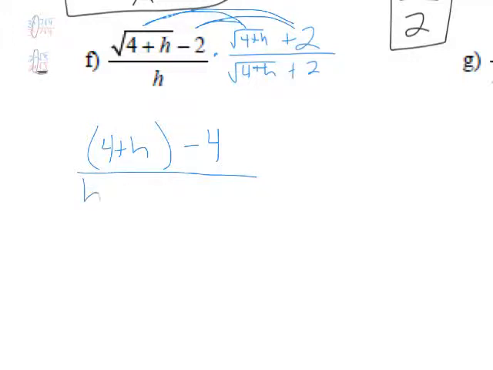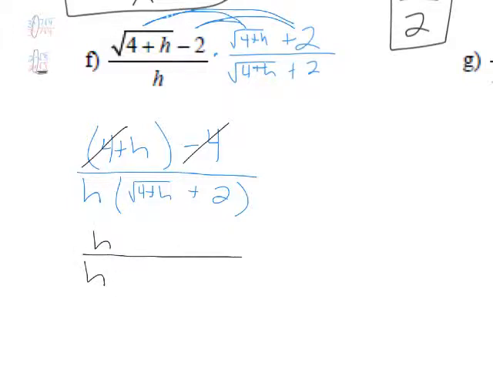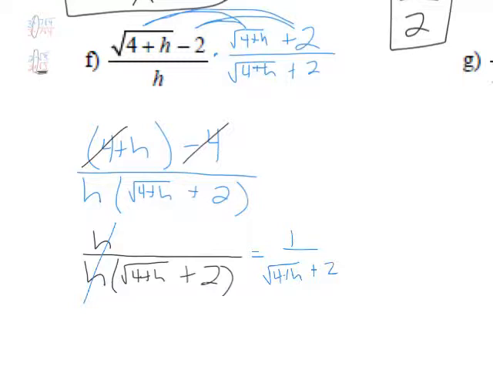Our denominator, I'm going to go ahead and not simplify it for now just to see what happens, and we get 4 plus h plus 2. Okay, cleaning up the numerator, we see the 4 and the negative 4 cancel each other, and we're left with h in the numerator and h in the denominator. Okay, the h's cancel, and we find that our new form is 1 over the square root of 4 plus h plus 2. Now naturally you're saying to me, well, now we have a radical in the denominator, and that's a bad thing,